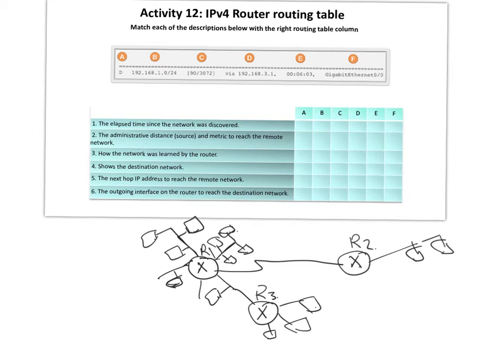So we need to know two things. If I want to route a packet with a specific destination IP, okay, first, which exit interface should I send the packet through? Which exit interface should I send the packet through? In that case, the router may have multiple exit interfaces, exit doors. Okay? And then